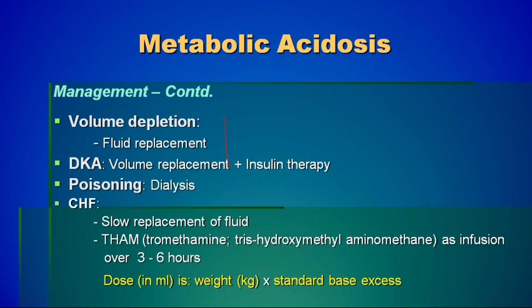If there is volume depletion, as in diarrhea, you replace it. If it is diabetic ketoacidosis, you have to give IV insulin. If it is uremia, you have to go for dialysis. If it is poisoning, you have to go for dialysis. If it is congestive heart failure, beware of it. Don't replace fluid very fast. You have to be very careful. And if it is a